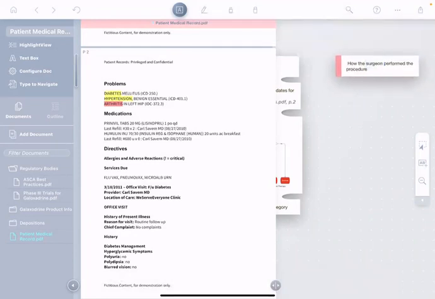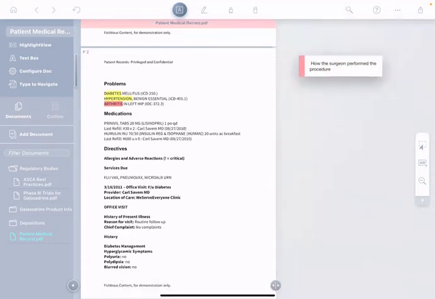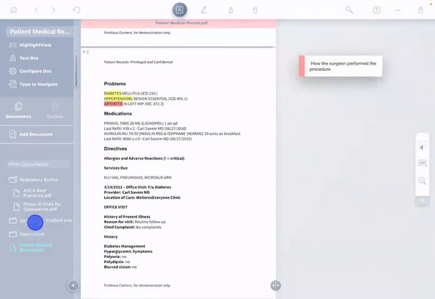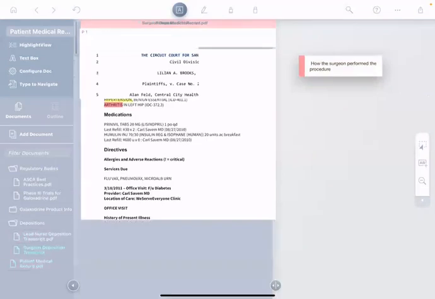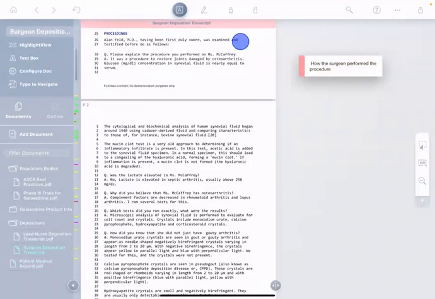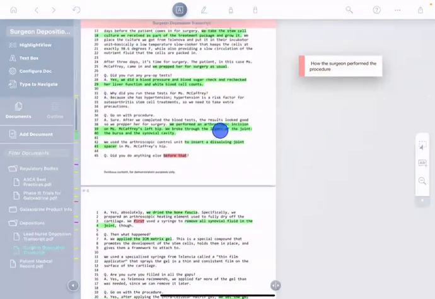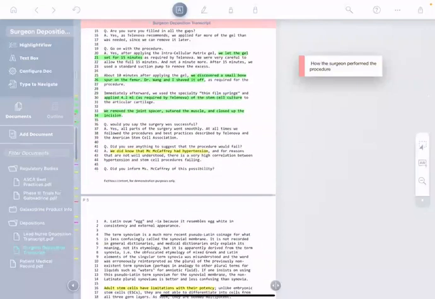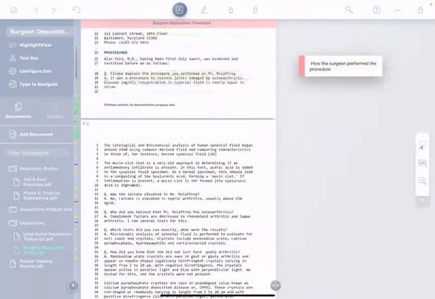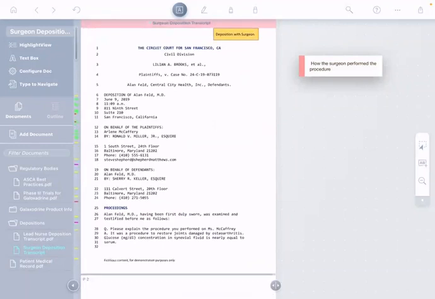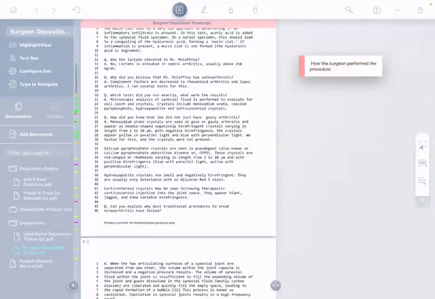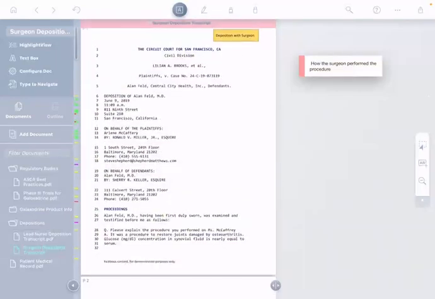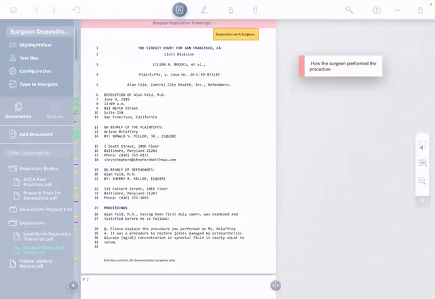All right, excellent. So to find that out, I want to go back to my documents list and go to the depositions folder. And here I have the surgeon's deposition transcript right here. So you notice I've already highlighted the key points of the deposition transcript earlier, the key steps the surgeon took. But I really want to see these steps together so I can understand the flow, how one relates to the next. Now, the problem is, these are spread across many different pages. How can I see that flow? How can I see that bigger picture?